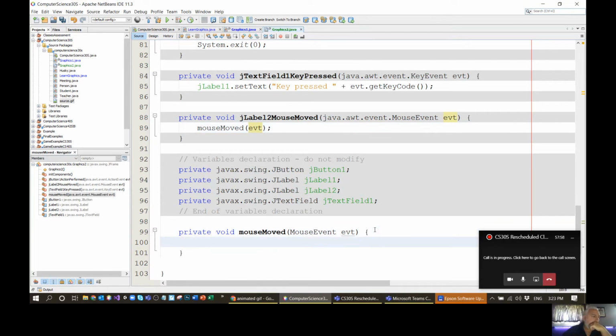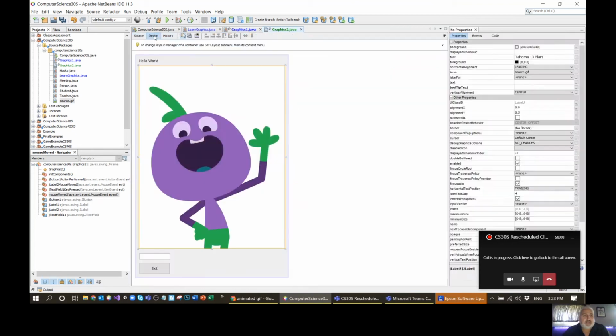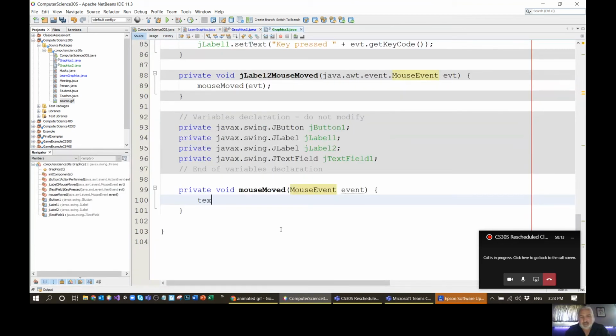And okay, here's the way I'm going to write it. I'm going to change the name of this to event. It's my own method now. Even though I'm using the designer, that doesn't mean I can't add my own methods, which I just did. And I'm going to say